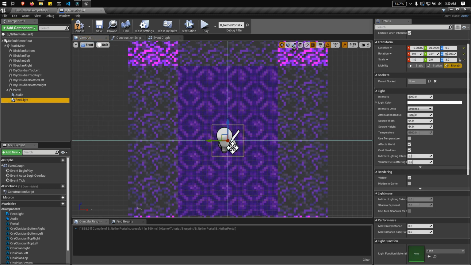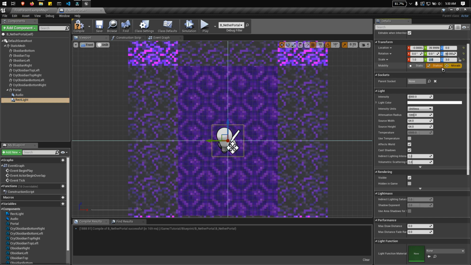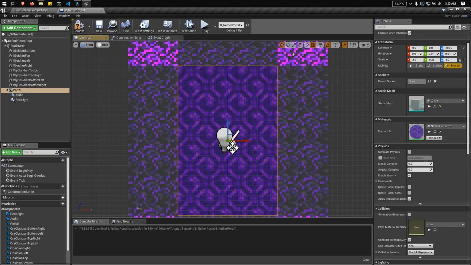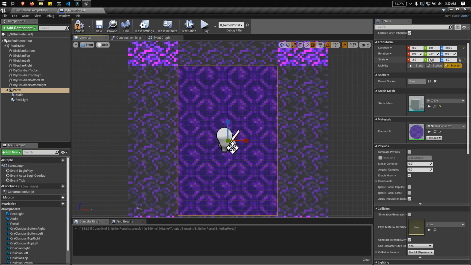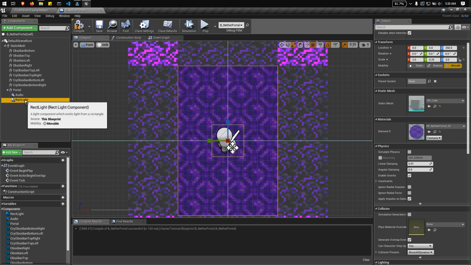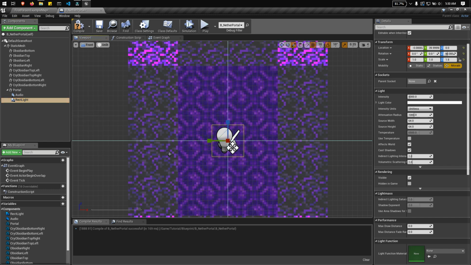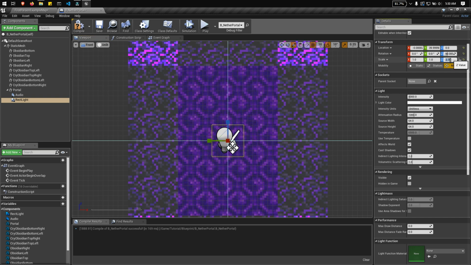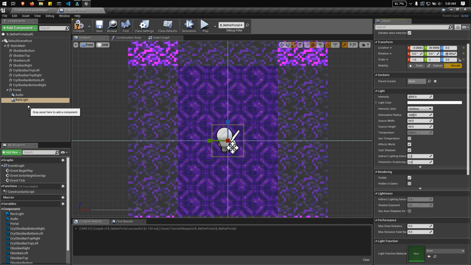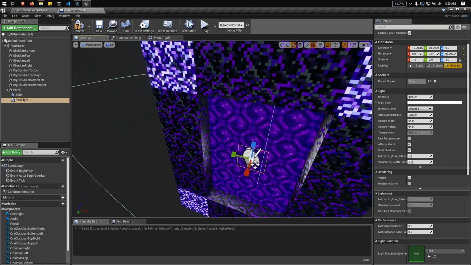I think it's not resized as we expected. So let's adjust it manually. Let's check the perspective view.